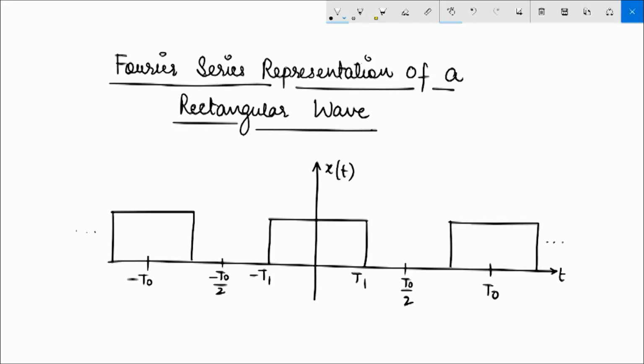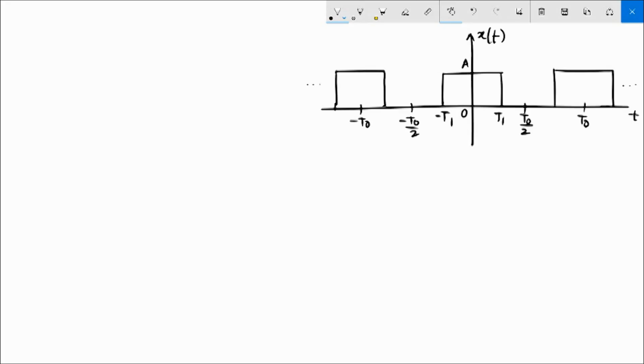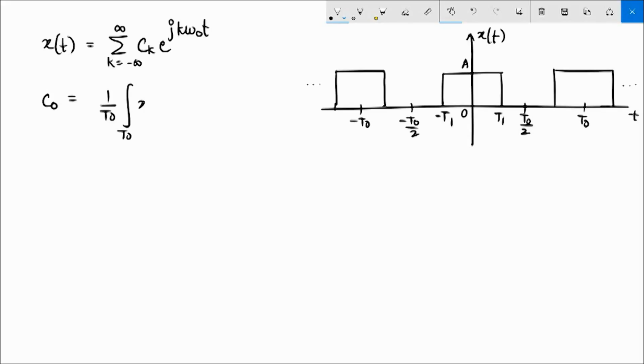We want to find the Fourier series representation of this wave, and let us first start with the complex exponential Fourier series representation. So I have redrawn this rectangular wave here, where the amplitude when the wave is not zero is a. So during minus t1 to t1, the amplitude is a, and the period of this waveform is t0. So if I want to represent xt as a summation of complex exponentials, C0, which is the average of this waveform over an interval t0,